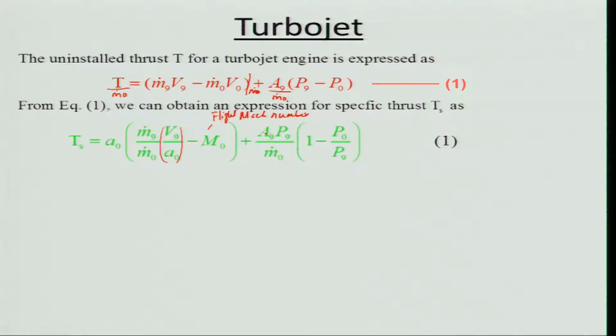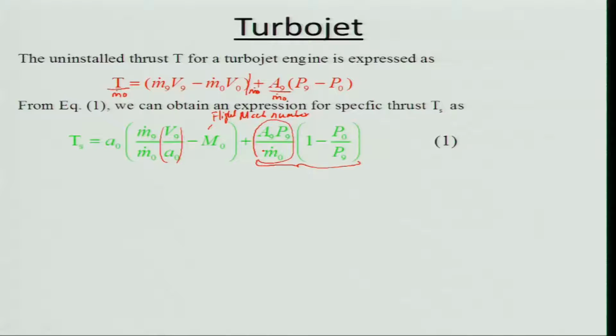And let us look at this portion which we have neglected in the case of the ideal cycle. We will consider this portion first, to see whether we can express it in terms of certain known quantities, particularly V9 by a0 and ṁ9 by ṁ0. Is it possible we can convert that in terms of ṁ9 divided by ṁ0 and V9 by a0? It is possible. Let us see how we can. If we do that, then it will be easier for us to do a parametric analysis. Keep in mind that when we will be solving problems, you need not do that.